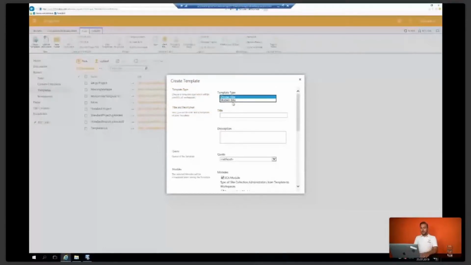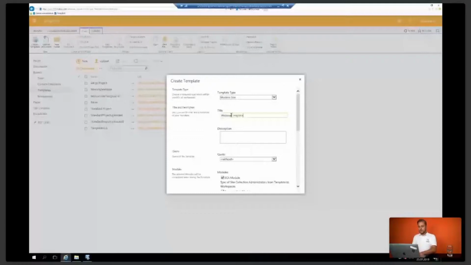For the webinar here, I choose the modern site because all is about modern sites in SharePoint Online, and of course the users want to use modern sites in SharePoint 2019 too. So we can say webinar template